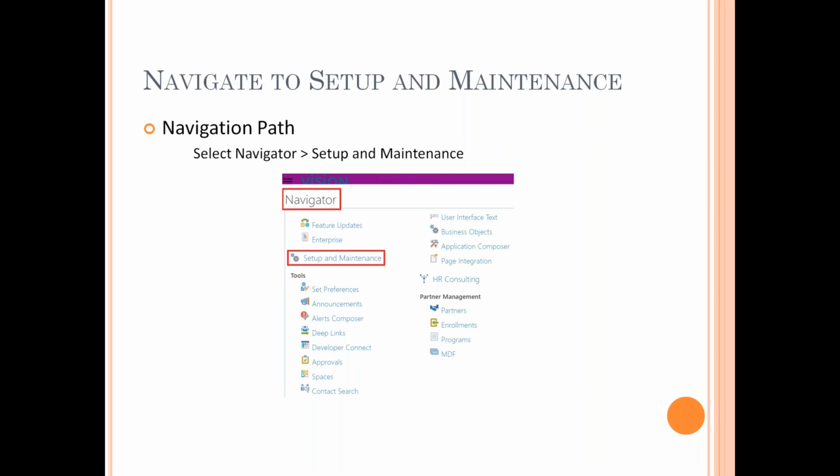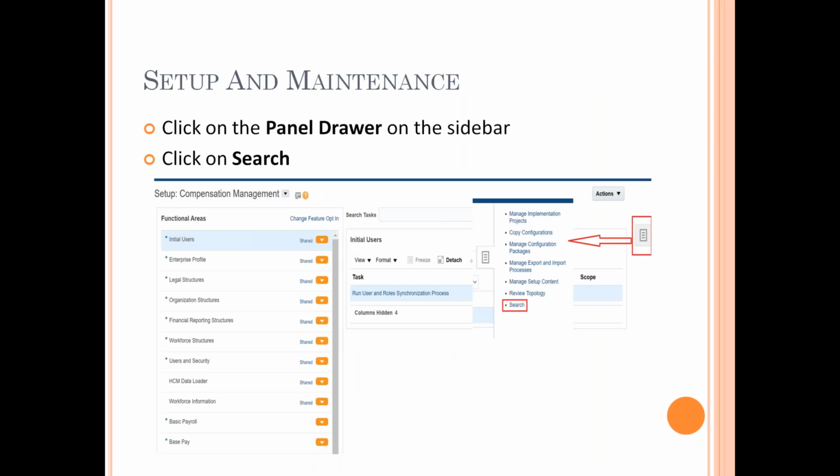Now, Anup, to perform these activities, you will have to go to Setup and Maintenance. Once you land in Setup and Maintenance, you go to the panel drawer, click on search, and you navigate here. Once you land on the search page, you can perform various activities.